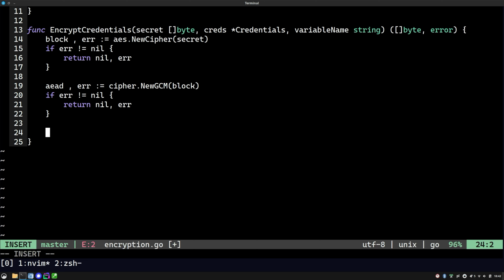Actually, you know what? The initialization vector is not even a secret. We're going to store it together with the ciphertext. We just have to make sure it is never reused. So I'm just going to allocate a byte slice. I'm going to call it nonce, and I'm going to use the make function to allocate a new